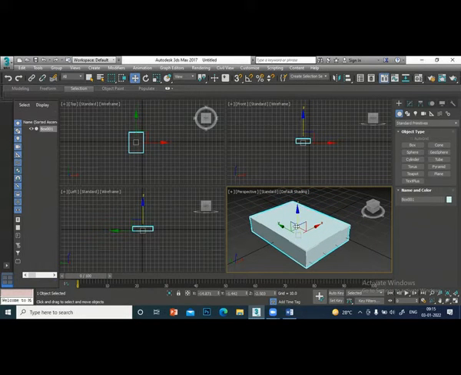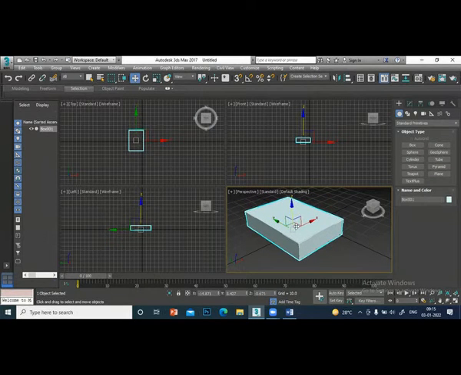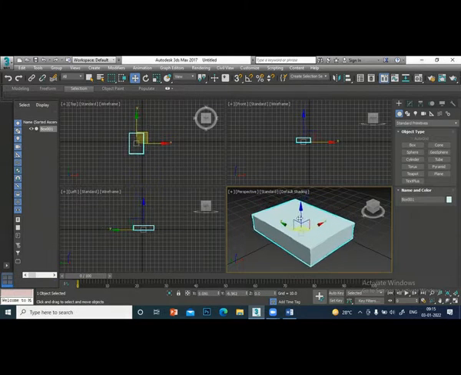We also have this direction, that is the y and z plane. You can move. And if you want to move in xy, go down here. There is another yellow square here. Okay, so that's how you do the move command.